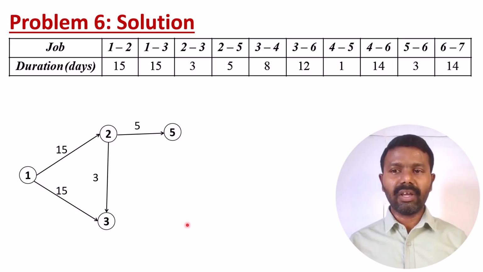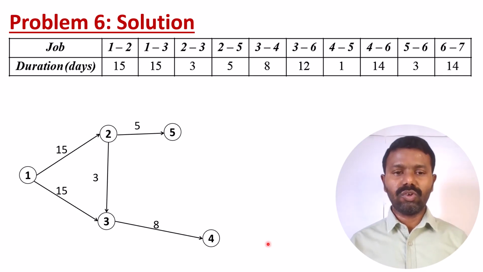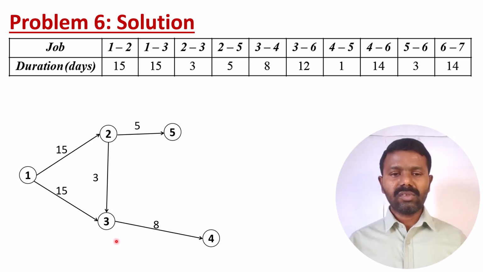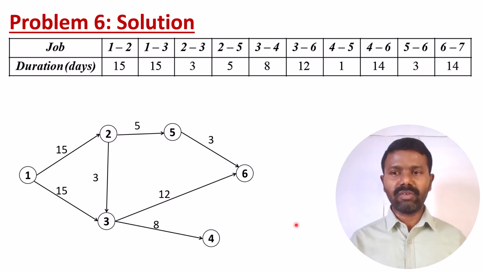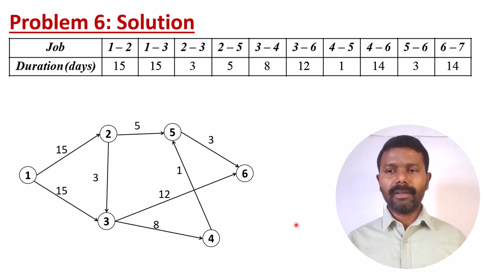So the fourth node, let me assume over here, will be like this, and then 3 to 4, and 3 to 6. 3 to 6 is 12, so this is the 12. Sorry, 3 to 6, so 6 needs to be here, so I am taking 5 to 6 also. 5 to 6 is also there, which is 3, so that is required, and then 3 to 6 will be 12, and then the next will be